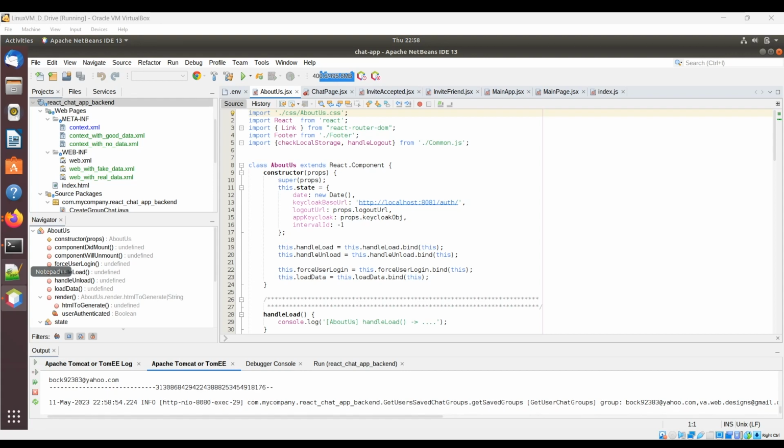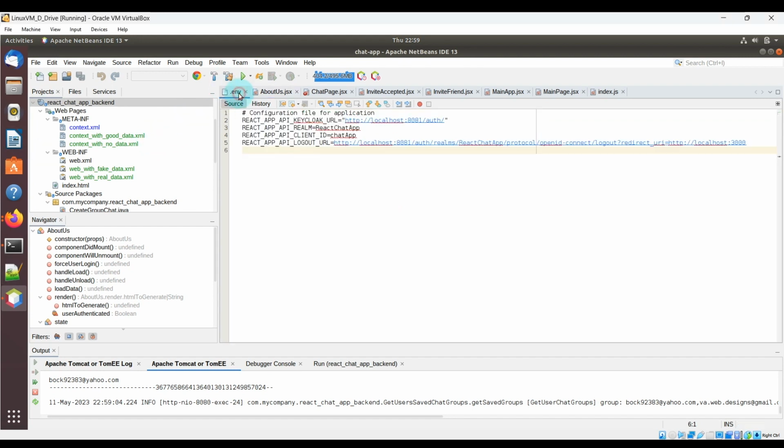Welcome back, guys. Today I'm going to improve my existing web chat application by introducing configuration files in the React frontend and the Java backend. This will help simplify this application by removing hard-coded values in the app. So let's get started. In the React app, you'll notice that I have this .env file that already has